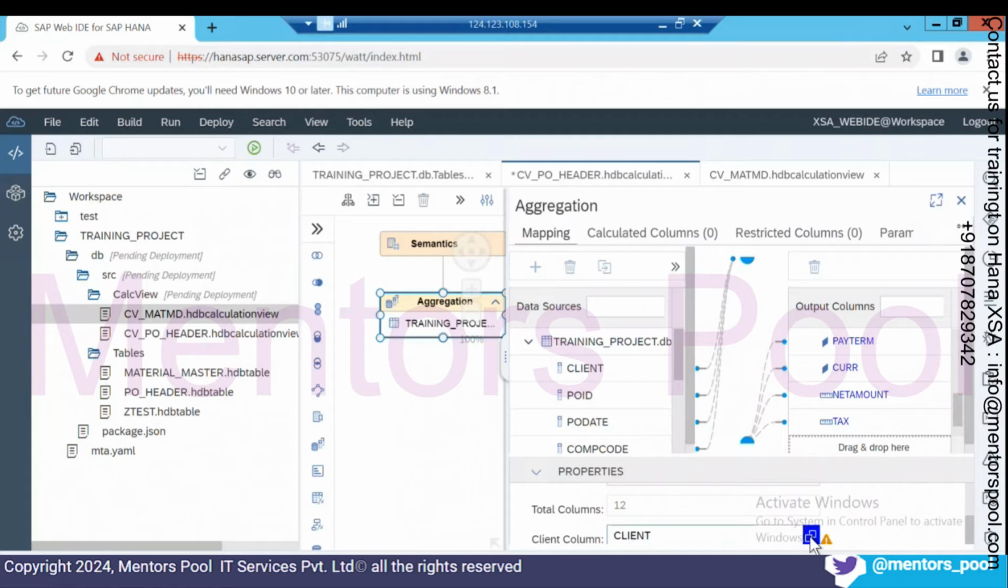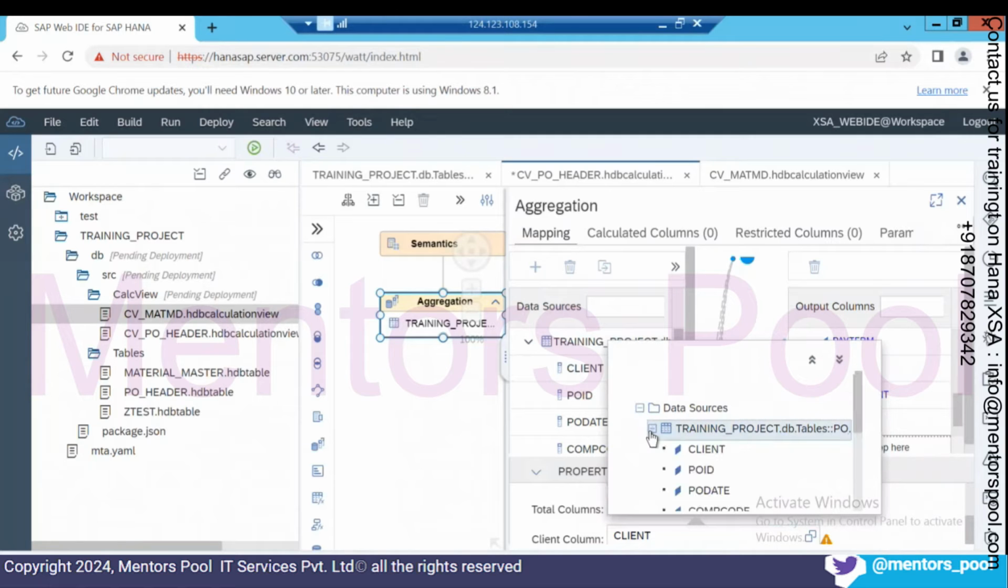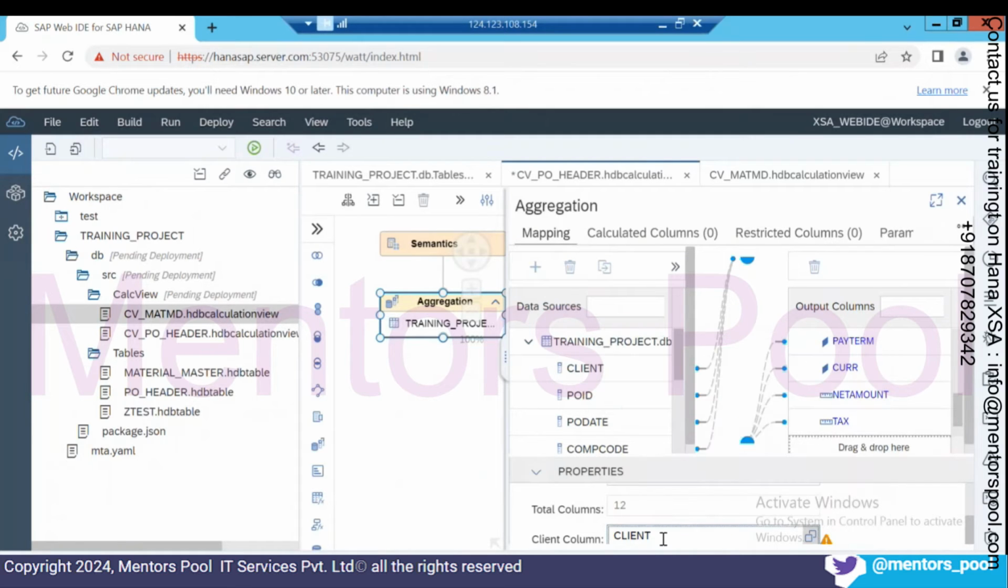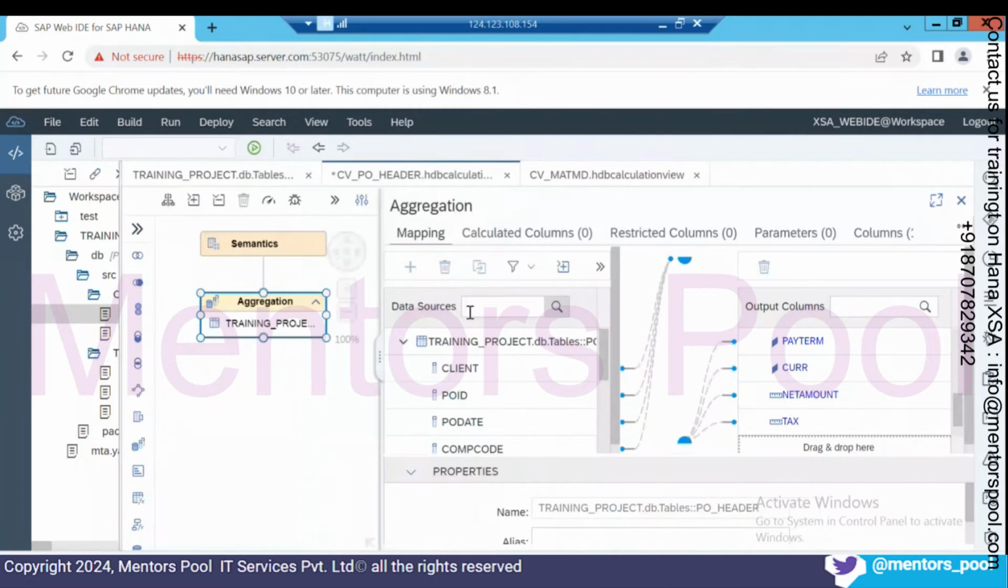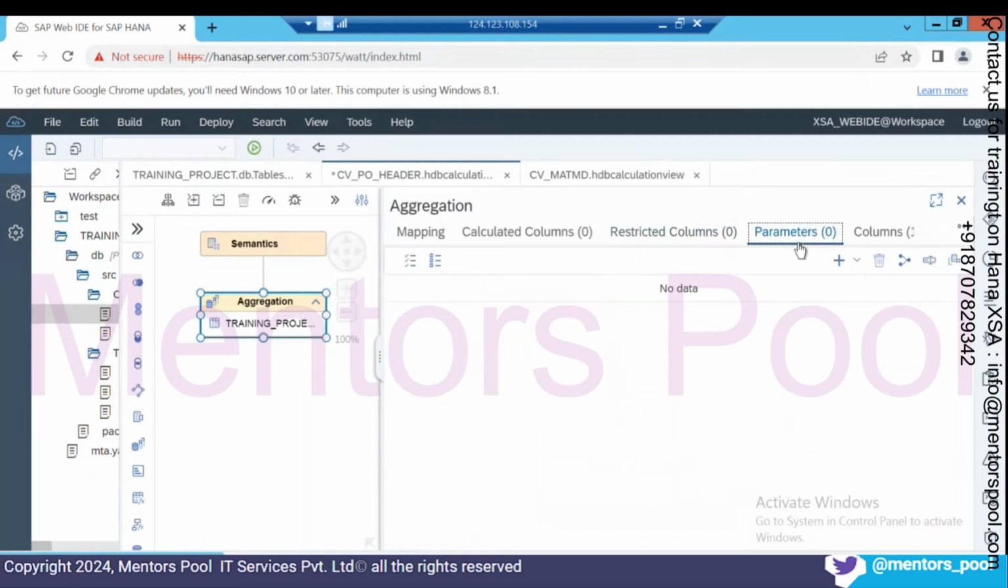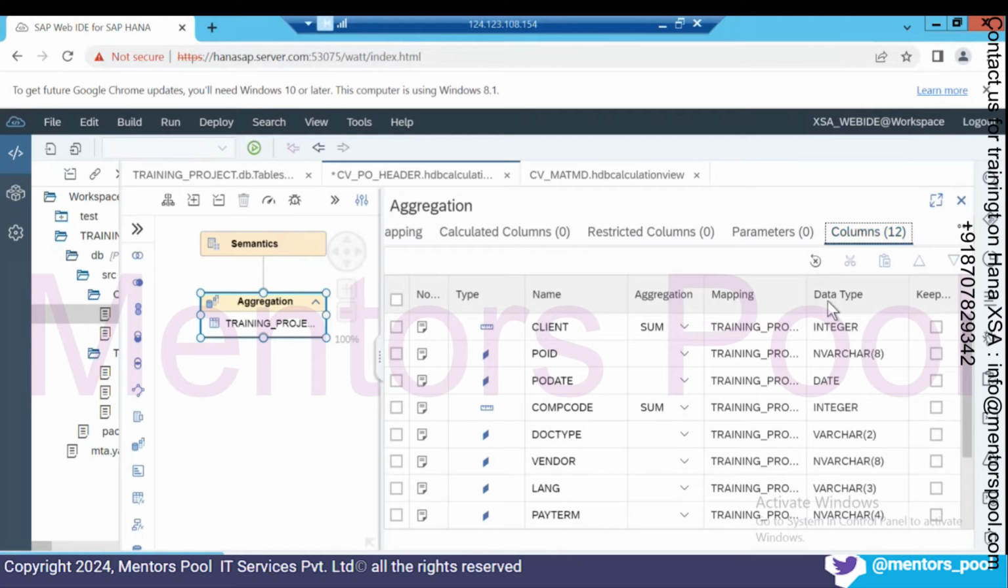Okay, so it is saying only if you set the default client, it is useful. It can be removed in which ways. So those are the properties that you have in the aggregation node of a cube, right? Calculated columns you would be seeing today, restricted columns again we'll see today. Input parameters we would cover in the advanced concepts of calculation view, possibly tomorrow. And let's move on to the column